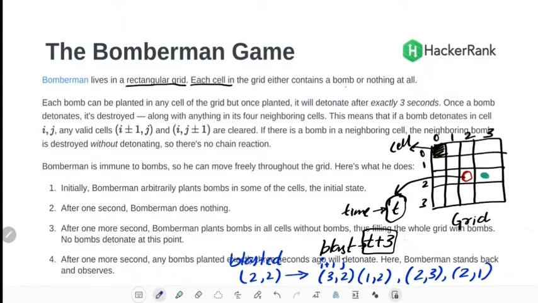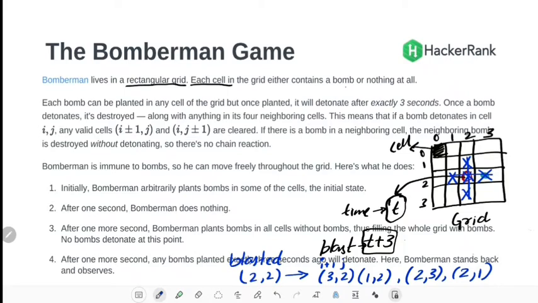Let us mark that here. 2 comma 2 gets blasted means 3 comma 2, 1 comma 2, 2 comma 3, 2 comma 1 also get destroyed.